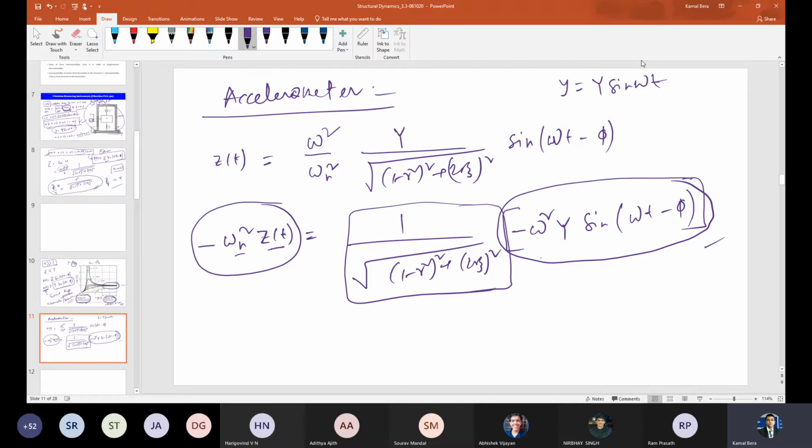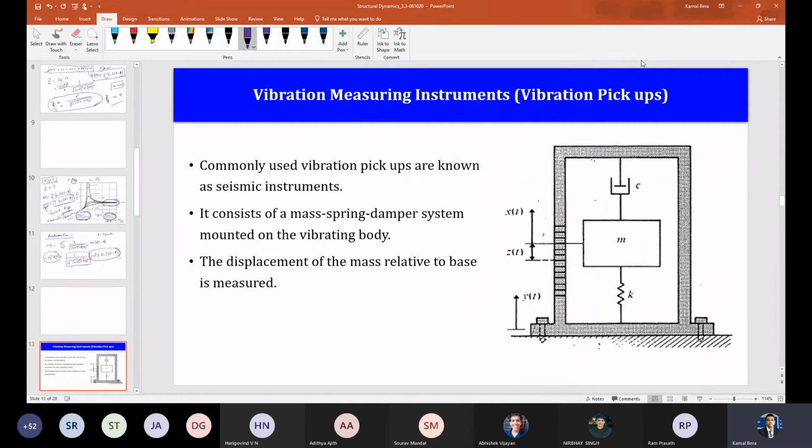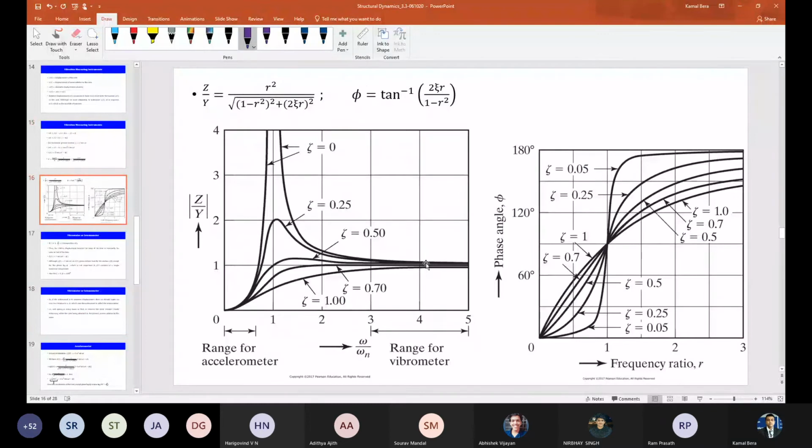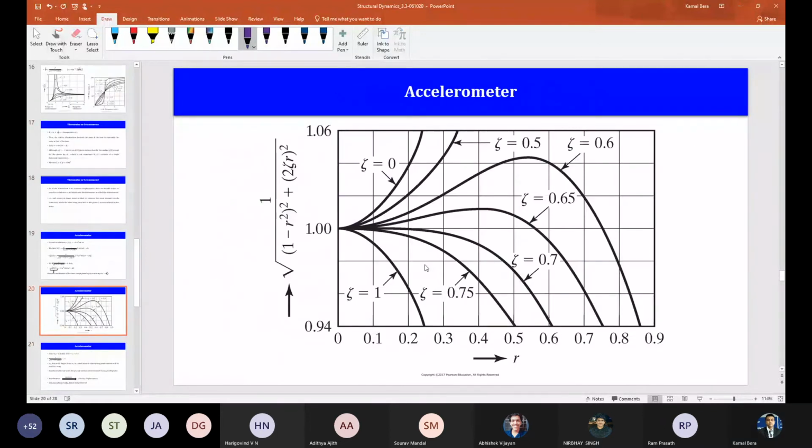So now go to the plot of this thing, that is the magnification factor versus R. I'll just show a zoomed plot. This is the zoomed plot. I'm showing the magnification factor in the range of 0.94 to 1.06 because I want to focus on that area. And R, obviously you understood, should be less than the value 1. Okay. So you tell me now. What damping and what R should I choose so that I can keep this value as close to 1 as possible?